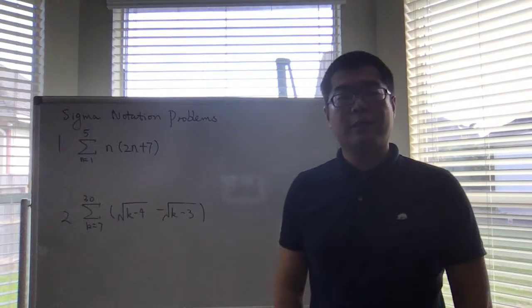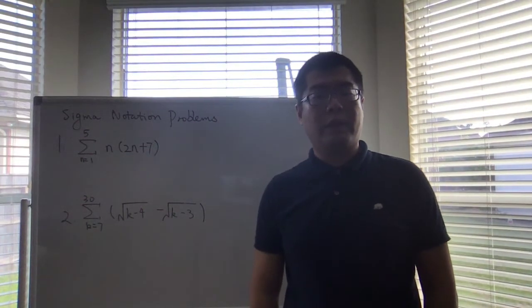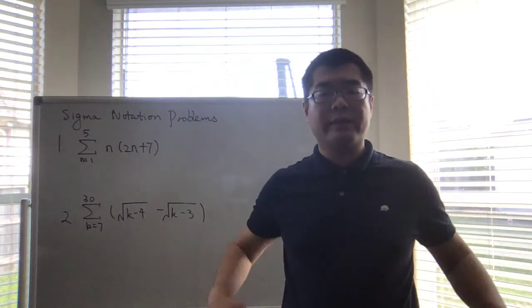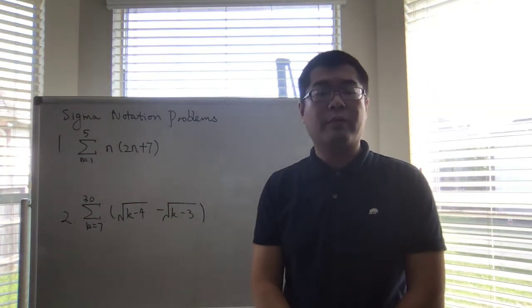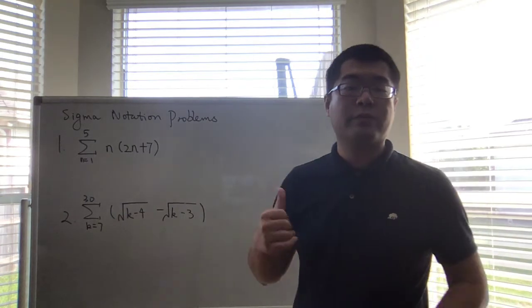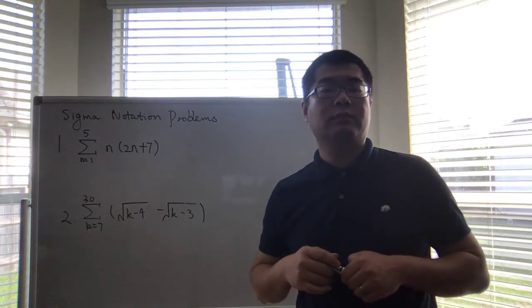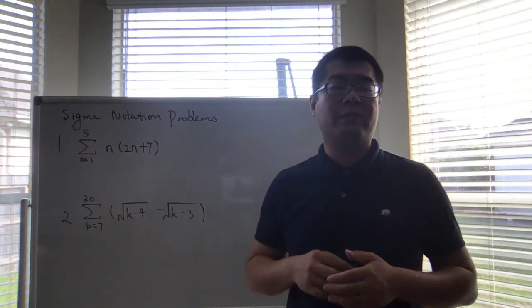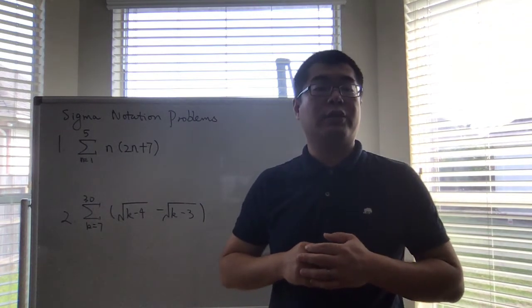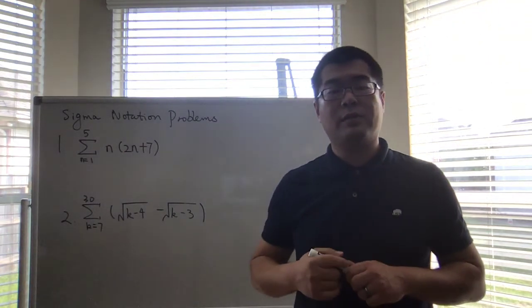Okay, so let's talk about another three sigma notation problems. Basically, it's summation problems. Okay, so look at the first one. Summation from 1 to 5 of n times 2n plus 7. Okay, so